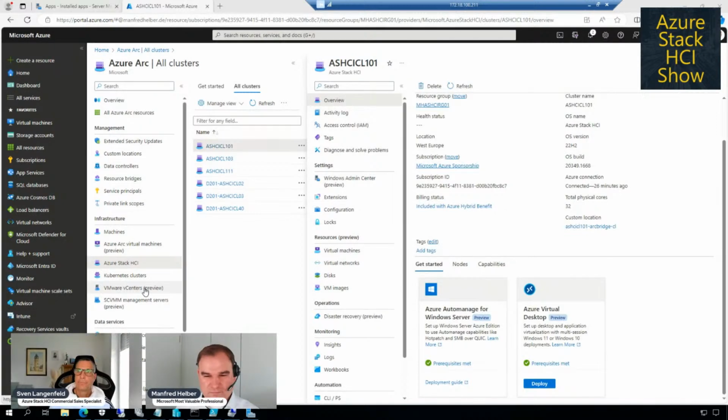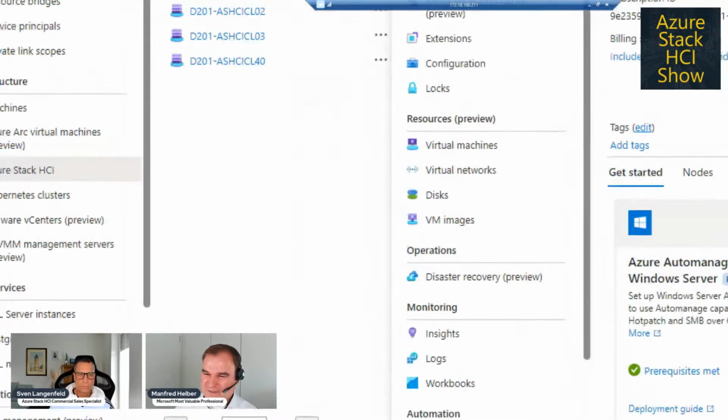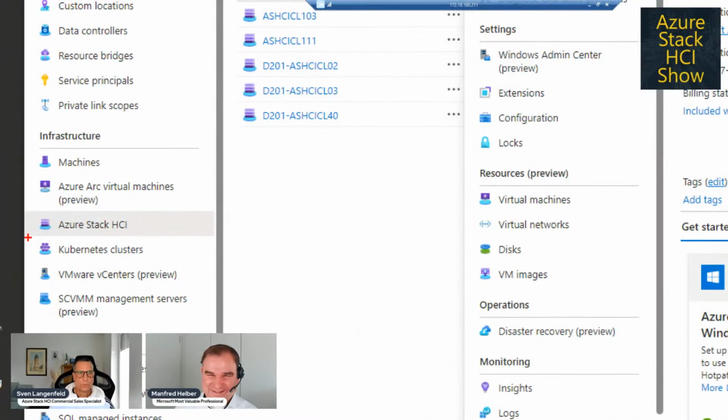And we talked a lot about VMs. How about containers? So you use AKS, and are there any dependencies? Or don't I need the resource bridge for that?